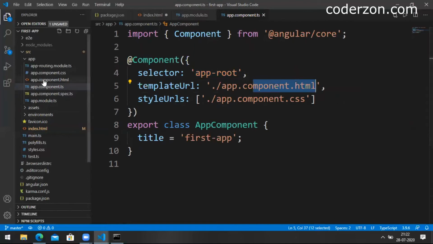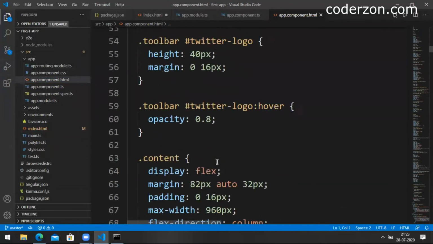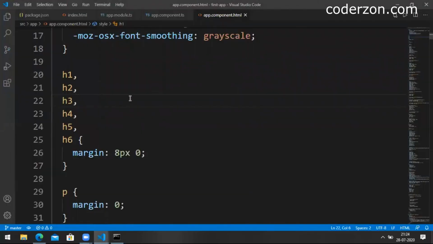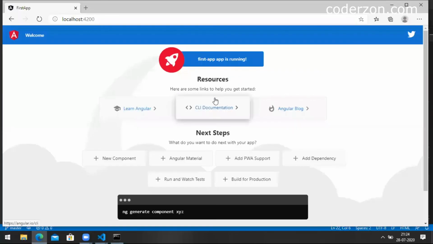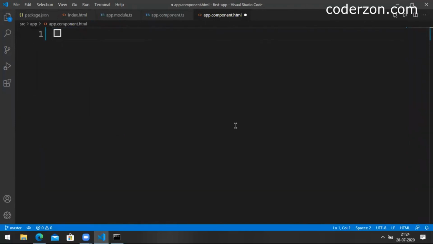So let's open that particular HTML file. This is the HTML file. This is the HTML coming from this particular app.component.html. And this particular HTML can be edited. Delete this particular HTML content and type our content.